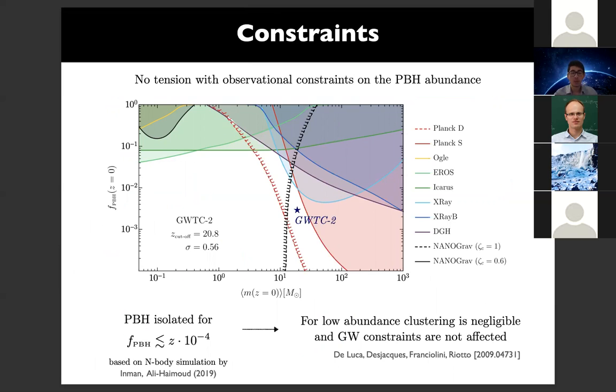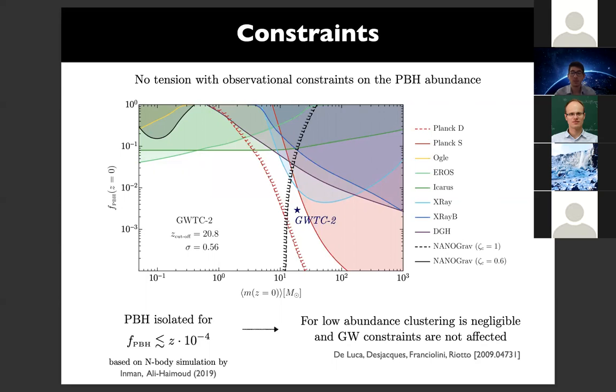In this very important plot, we show on the vertical axis the PBH abundance at present time with respect to the mean mass of the mass function. And we have fixed in this plot the cutoff redshift and the width to the values found by the best fit analysis. And as you can see, there are a lot of constraints in this plot